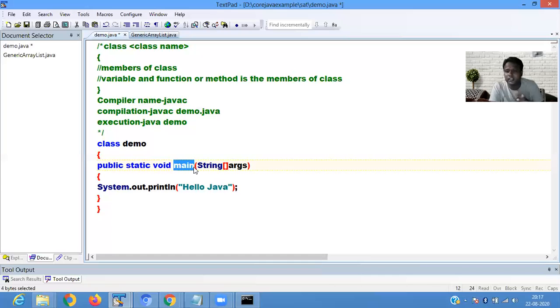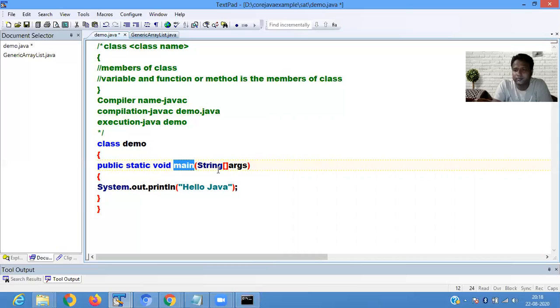Then in a function, we are defining a parameter, string args. So it is a parameter. A parameter is used to pass a value to a method and receive a value from a method at runtime. This string args helps you when you take user input through the command line argument. The command line argument is what we use when executing a program. Through the command line, any value you want to give to a program is stored in this string args.